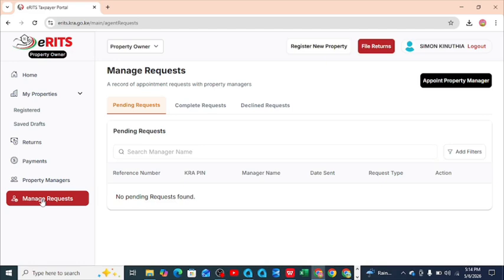So this is what we technically need to know when it comes to the electronic rental income tax system. So this is the whole knowledge about it, and this is the option which you constantly use. So in case you have any query regarding rental income tax or any matter regarding